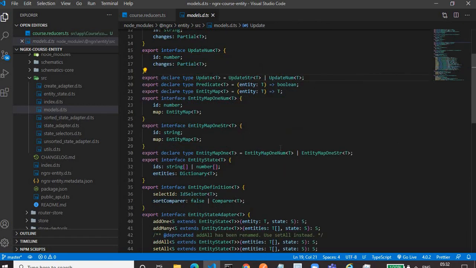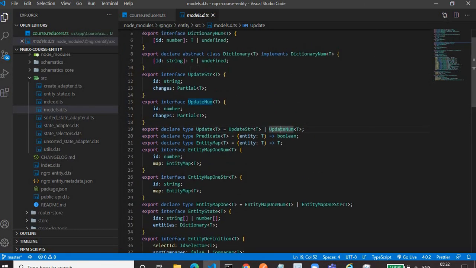Let's go to that. If you see, this update can be UpdateStr or UpdateNum. In UpdateStr, id is a string, and in UpdateNum, id is a number, but we are focusing on this one, because in our case id is a number.